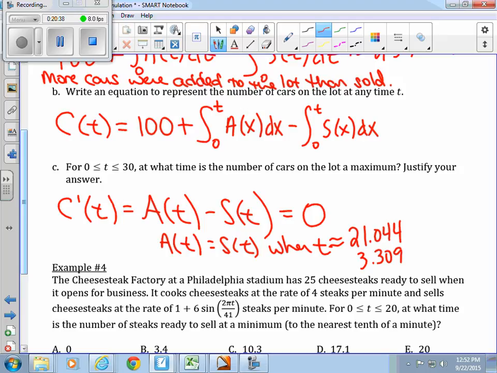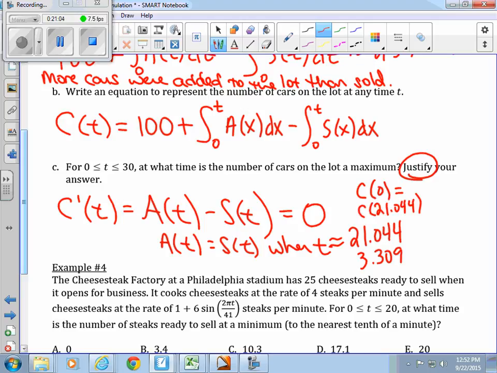What in your calculator? Oh my gosh. The original equation, C of t, right? Because I want to know when C of t is a maximum. On my work, remember this says justify, so I'm going to be very clear on what I'm doing. I'm going to show C of 0, C of